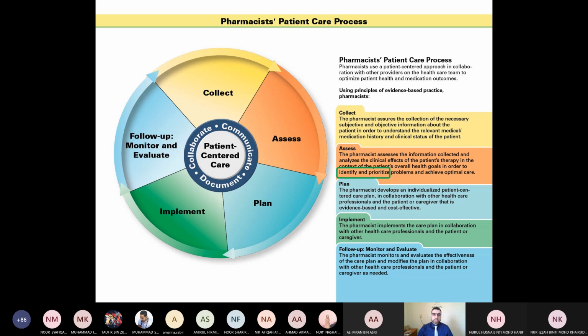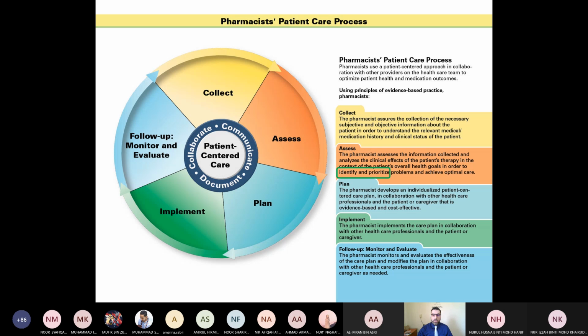And then the pharmacist will group this information, okay, according to the relevancy of this information related to a particular disease. For example, all information related to diabetes, okay, will group in one section. Also, another group of information related to the patient, if patient having asthma, for example. So after you collect all the data, you need to assess, okay, now what are the problems this patient currently have? You will list the